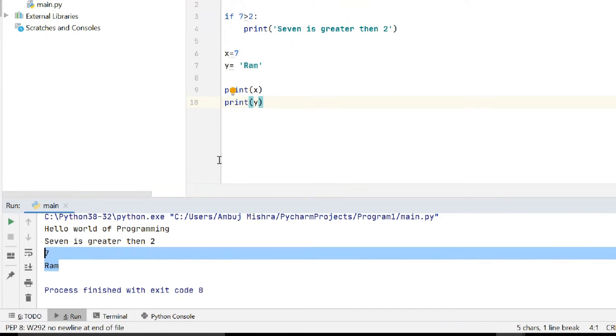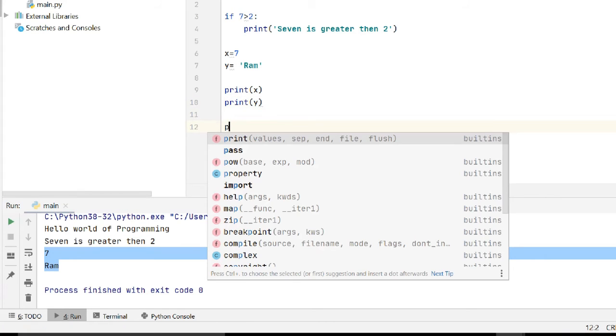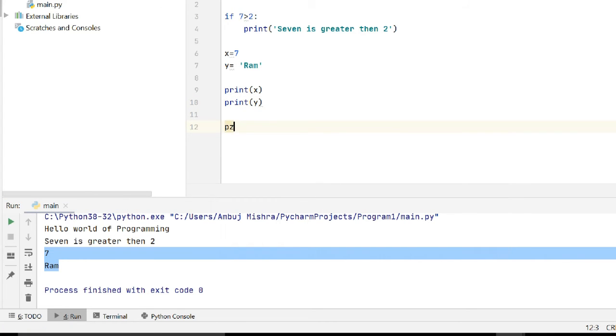If you use the same variable and change the value, the latest and the last updated value will be printed. See, what I mean to say is this. For example, let's say z equals 80, right? Now I have replaced this value with z equals Shyam. Now I will print the value of z.